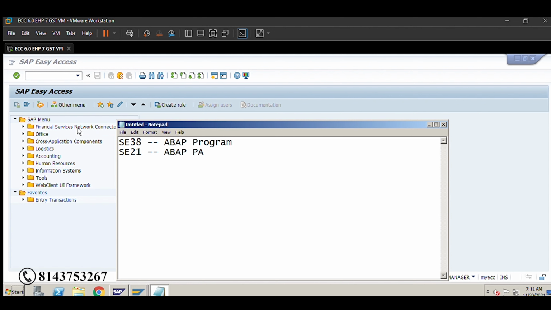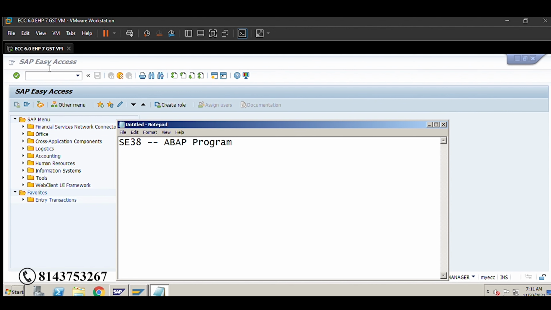We have also seen the ABAP package builder. Whatever is created in a package are transportable objects, and whatever is saved locally are non-transportable objects. We have discussed this, right?